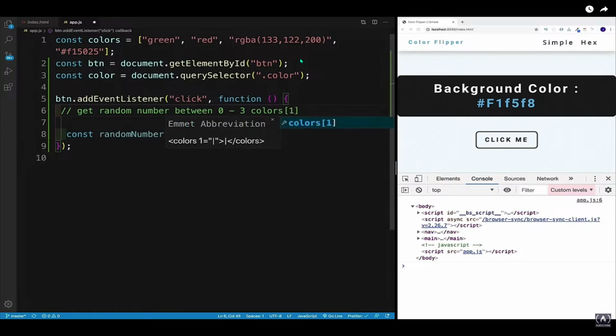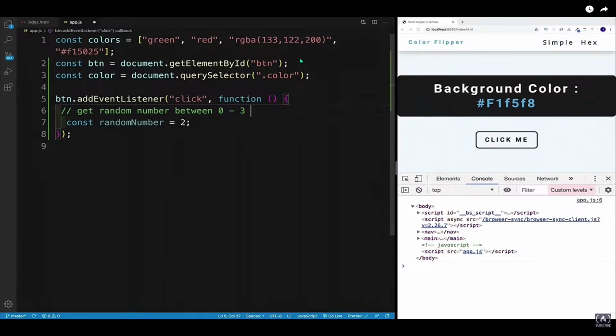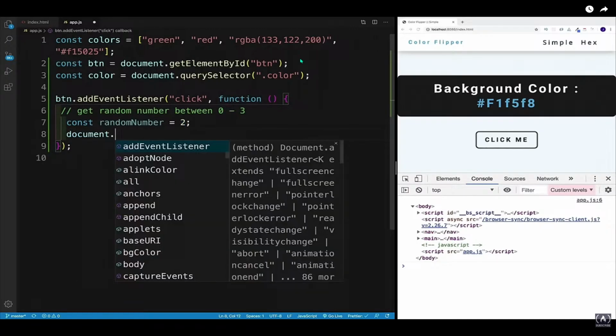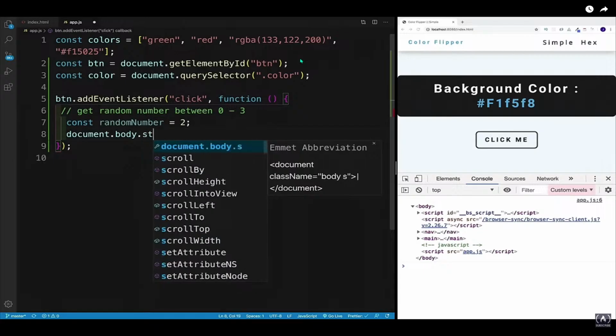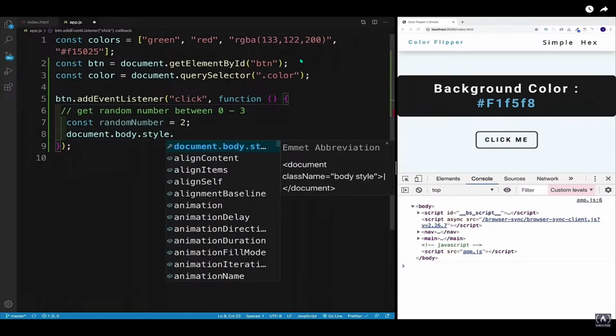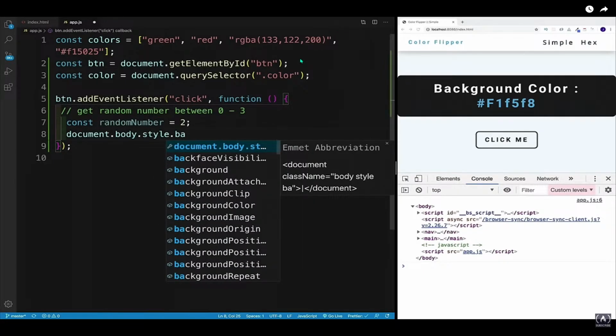If I would want the second one, I would have here 1, 2, and then 3. That's why our goal is to get a random number between 0 and 3. Okay, it's good to know our goals, but for the time being, we'll just have it as a hard-coded value of 2. And then, like I said, we'll use our document object, then we'll look for the body, then style property, not styles, style, and then more specifically, the background color as